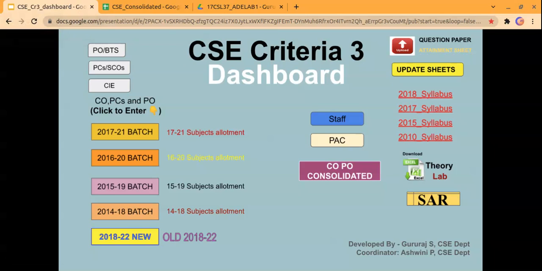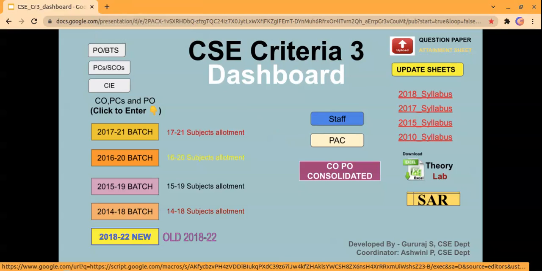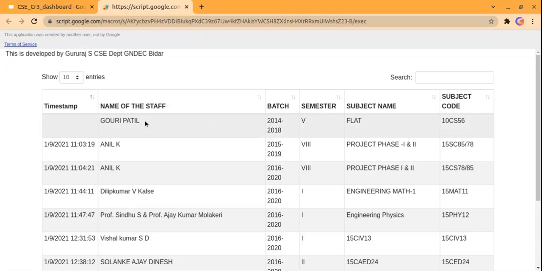One more video I will be showing wherein I will be using app script to automate somewhat and to see the data in the database, or you can say Google Drive simply. I have created one application using Java and HTML. About this I will be speaking in the next video. I will just give a glance at what it is, and details about it will be shared in the next video. If you click on a staff button, the application will open here.